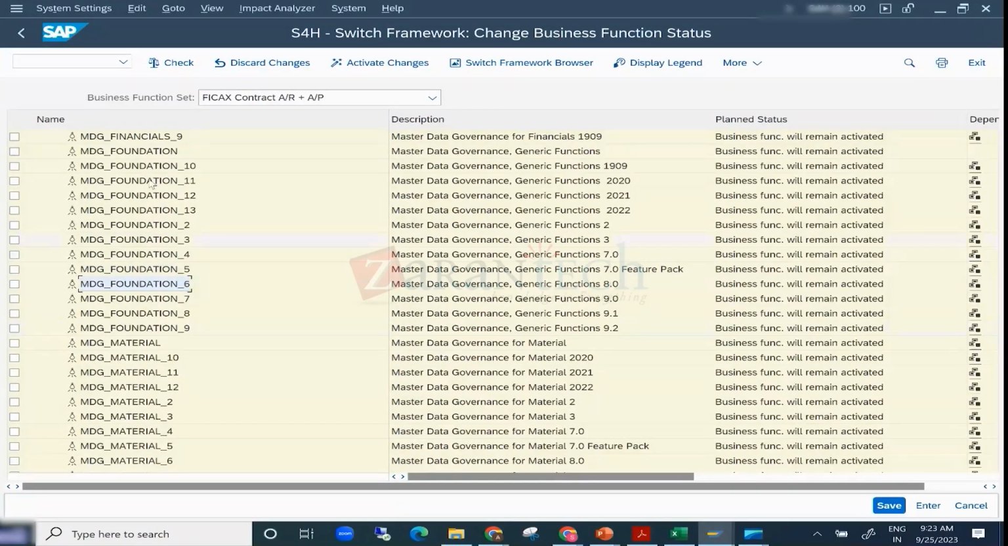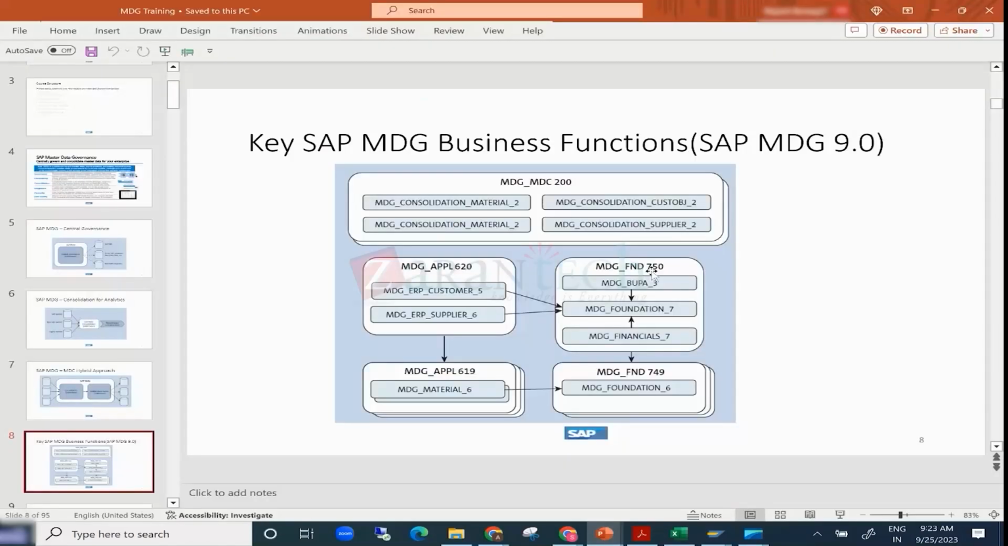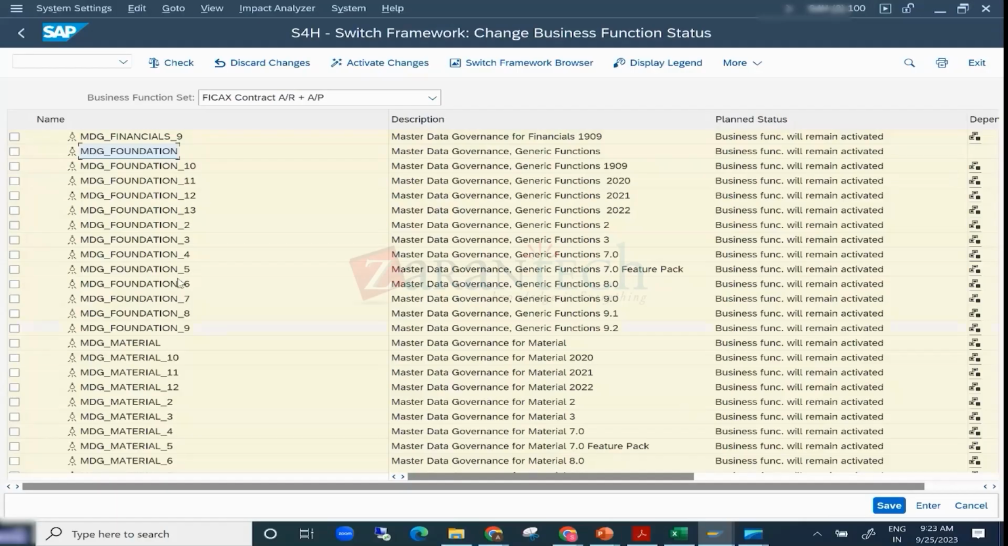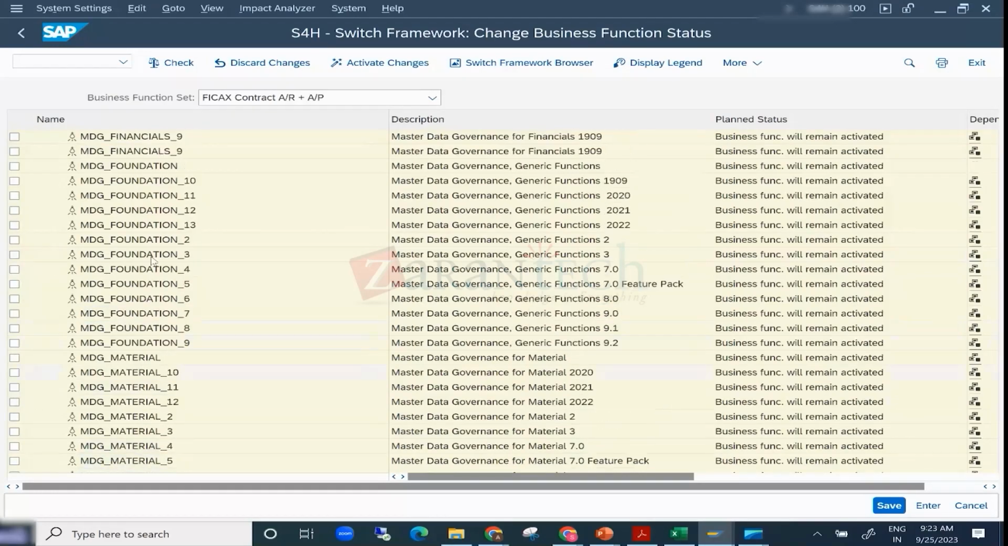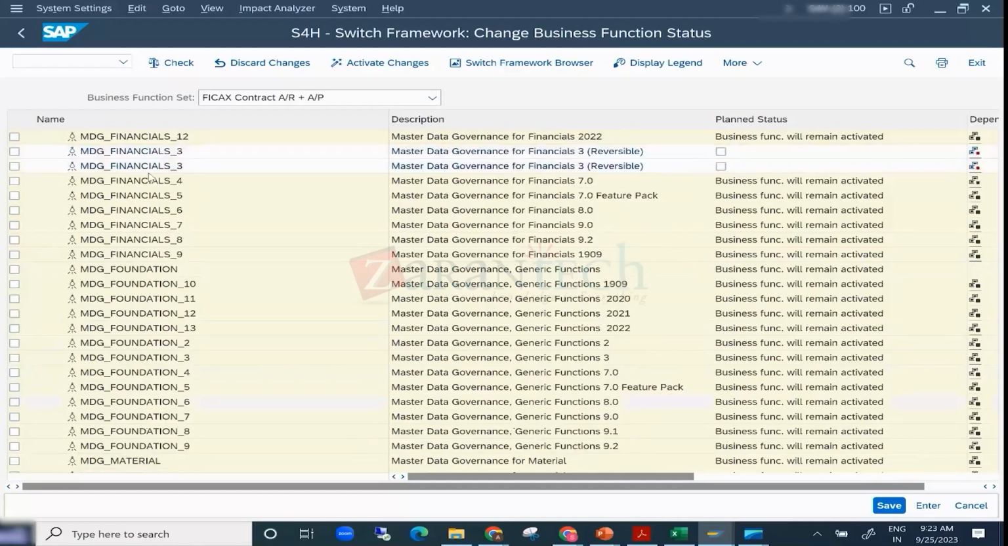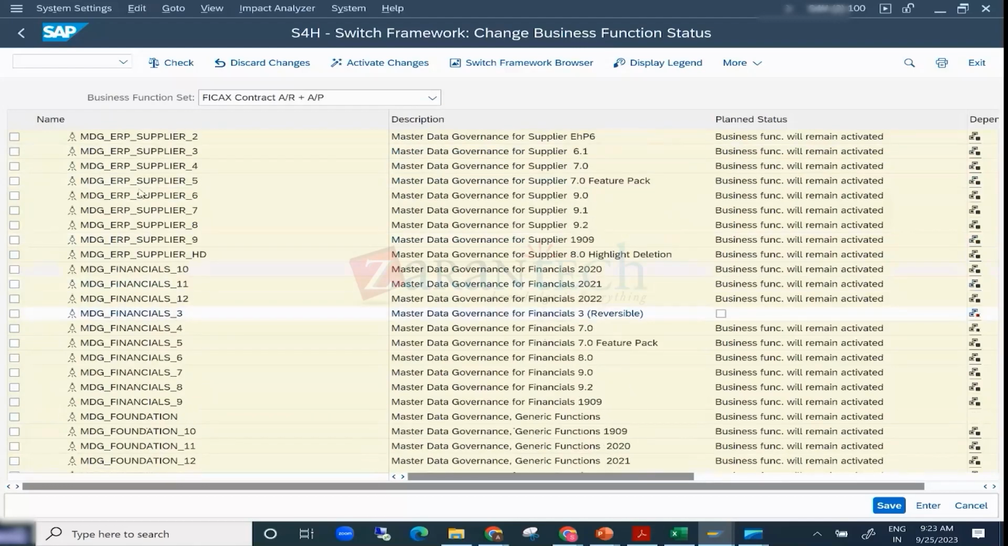When you activate this foundation, the core MDG functionality will be available. That is what it says: the foundation related business functions you need to activate over here, foundation 750. And after this, there is something called application specific. With respect to material master also, you have some business functions. Similarly, with respect to your finance, with respect to your supplier,